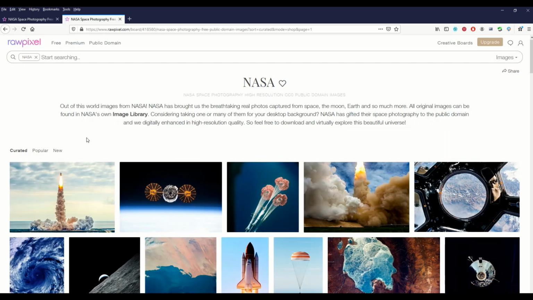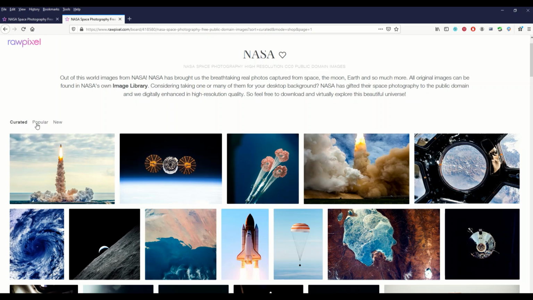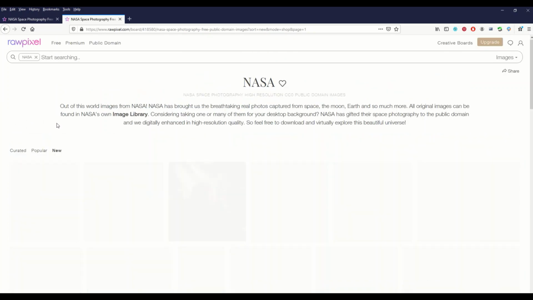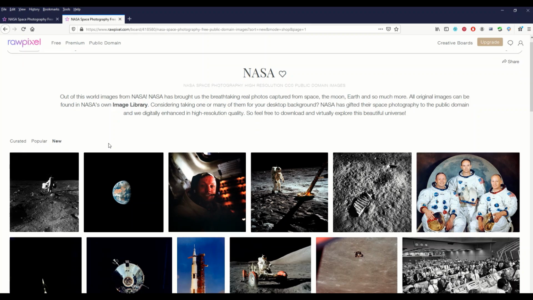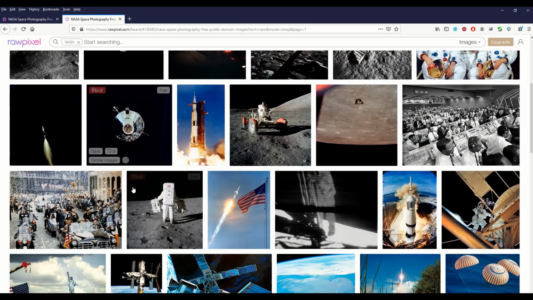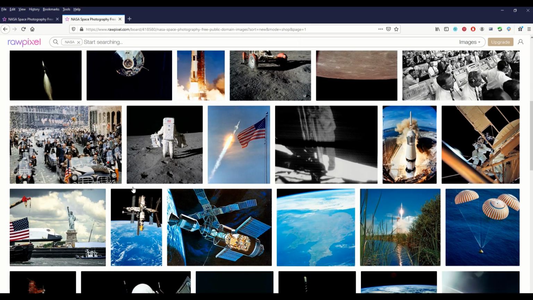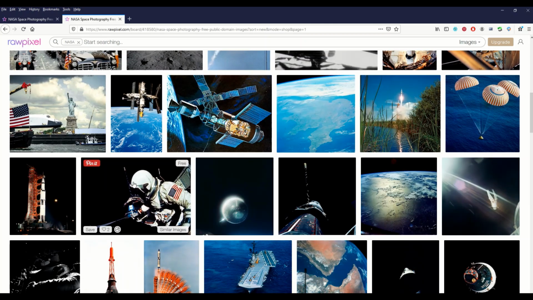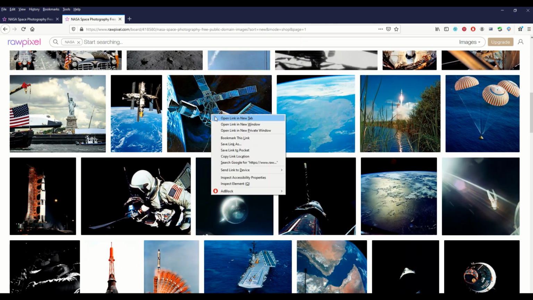The other thing I like as well is you can do curated, popular, and new. So if you're just wondering what's new, you can click on new, and then you can look through all of these images. I find these images are really, really high quality. So I'm just going to click on this one, for example. This is an old